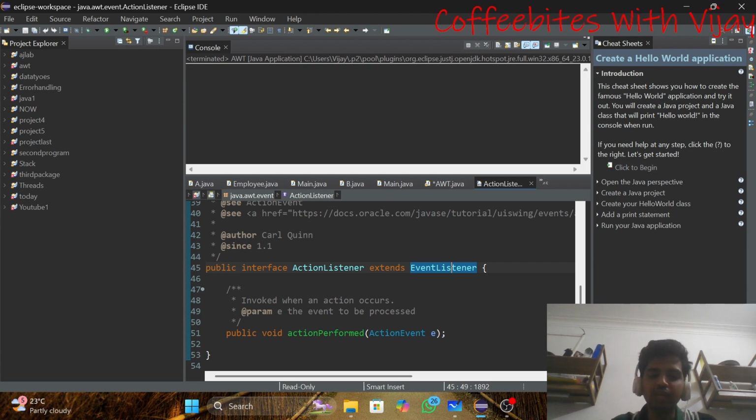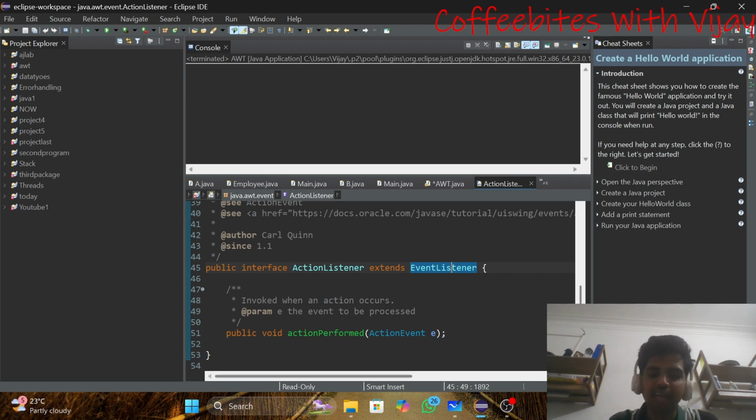And this ActionEvent is the object, and it will hold the information about the event that happened in the program or in the code. Whatever event happens, say I click a button, that is an event, and that will be recorded inside this e variable. I think you have understood this method present in the ActionListener interface. We have only one method inside this ActionListener interface.